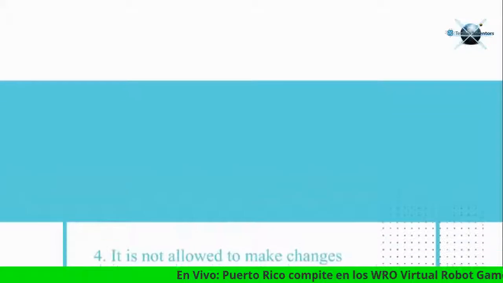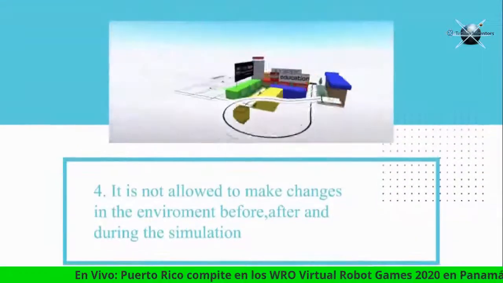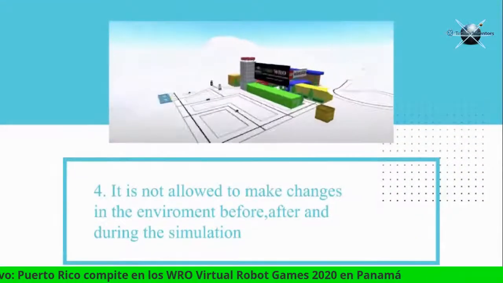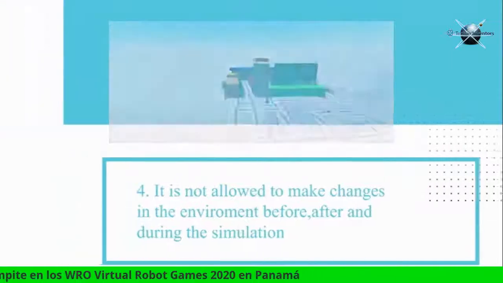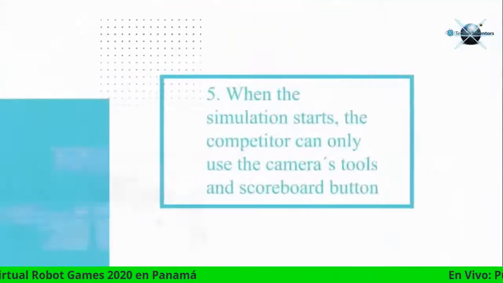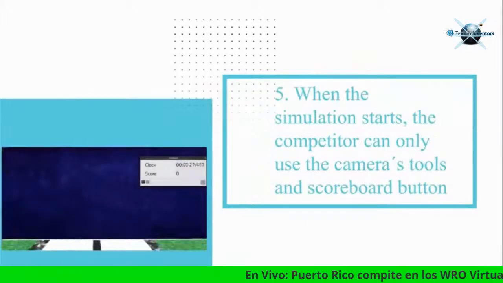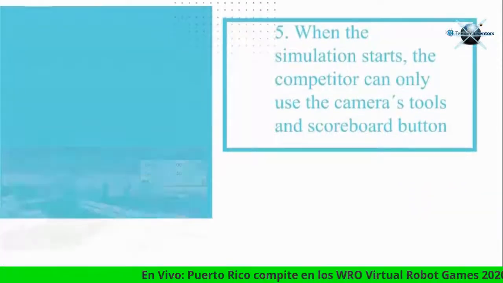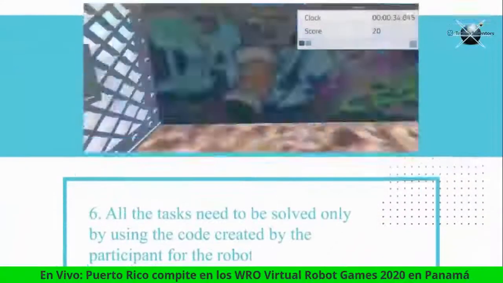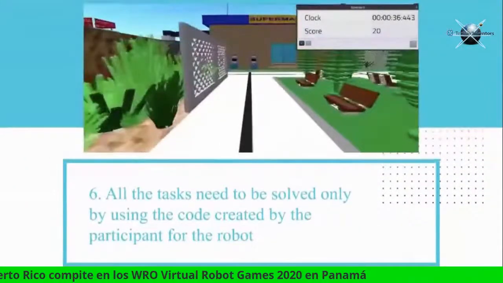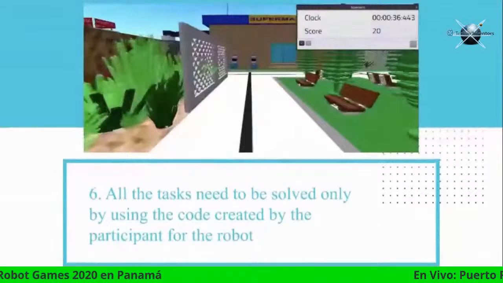Fourth point. It is not allowed to make changes in the environment before, after, and during the simulation. Fifth point. When the simulation starts, the competitor can only use the camera's tools and the scoreboard button. Sixth point. All the tasks need to be solved only by using the code created by the participant for the robot. Seventh point. In case